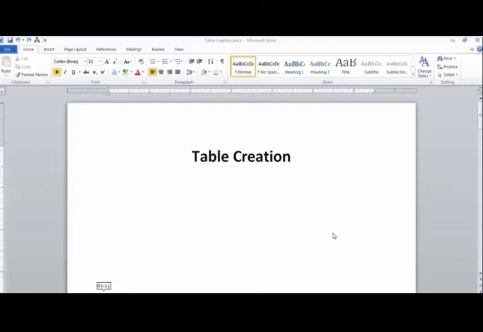This main area is known as your ribbon, where a number of tools are arranged for working in Microsoft Word. This screen is a very important part of your Microsoft Word window. So you will work on it.